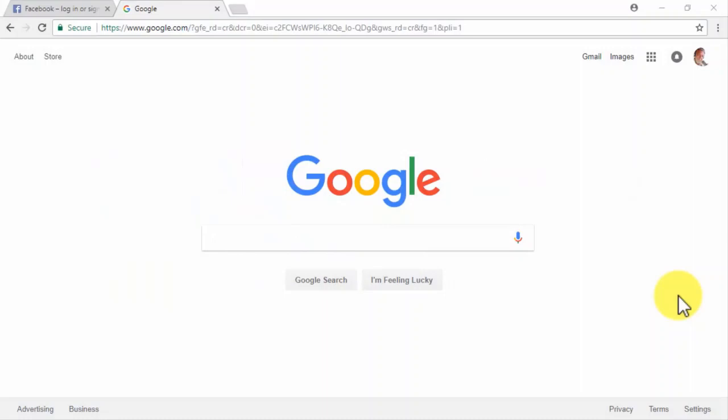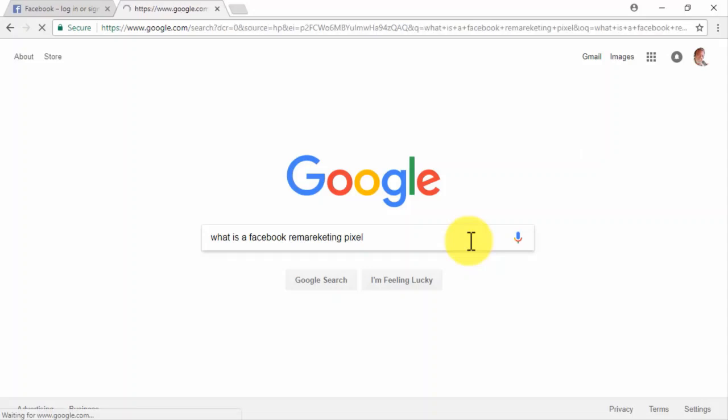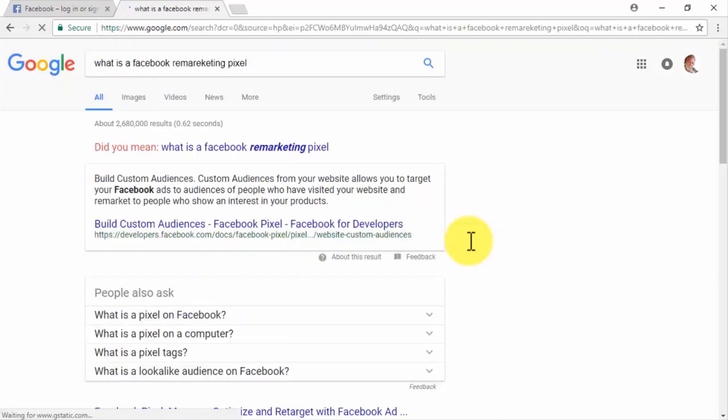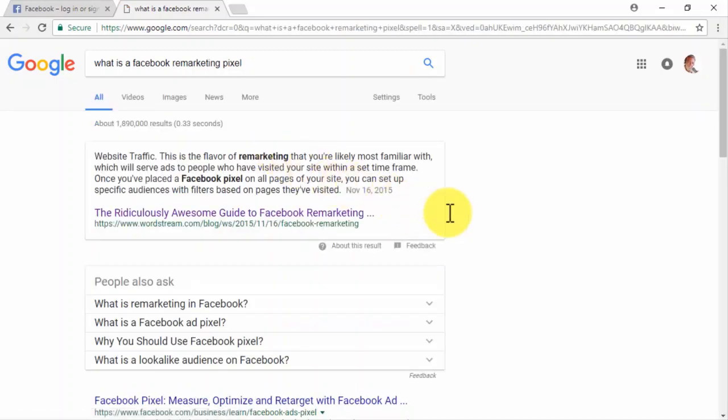A Facebook remarketing pixel is simply an HTML element that Facebook uses to track visitors of a website back to Facebook so it can show them targeted ads on their news feeds and on the right-hand column on their home pages. What a Facebook pixel does is add a tracking code to a specific website page, which in turn reports an action taken by visitors on that specific page back to Facebook, where such visitors are traced and shown